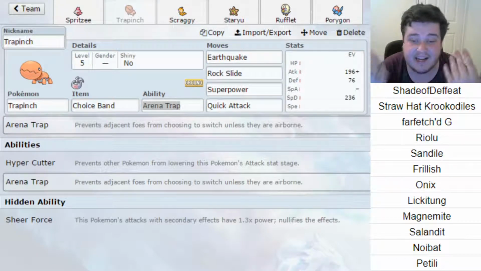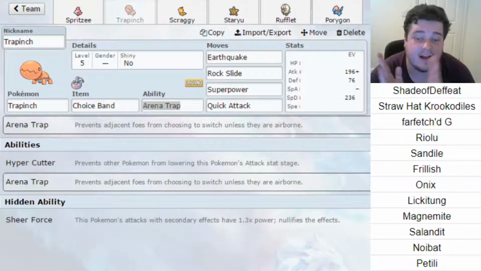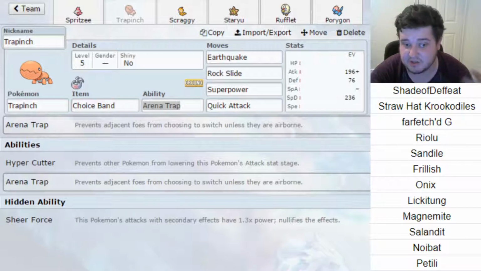The EVs, again, I've gone for the split investment on defense, just making sure that we've got good defense there, more in the Special Defense, allowing us to hopefully live a couple more hits from obviously Magnemite and Salandit. And then obviously max Attack in here as much as possible to increase that power for Earthquake, to make sure we take them out. Obviously, I think Magnemite does get Sturdy, so that's something I have to be a little bit cautious about, because that could cause me problems. But as I said, it depends if it's Choice. If it's Choice, it becomes